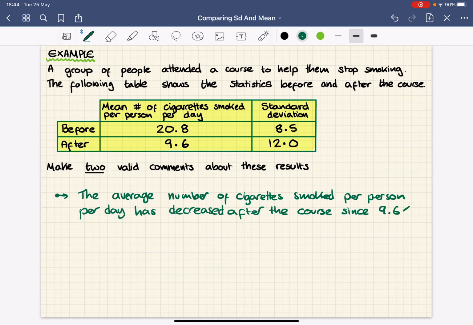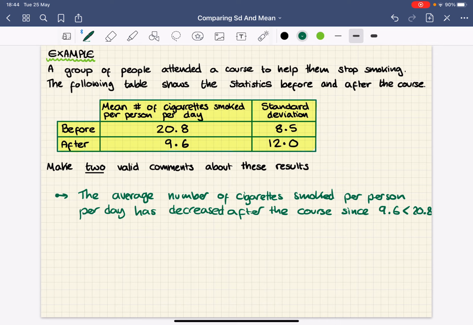So it's quite a fair bit I need to write for my context in this one, but I do need to include what the whole thing is about. So the average number of cigarettes smoked per day per person has decreased after the course, since 9.6 is less